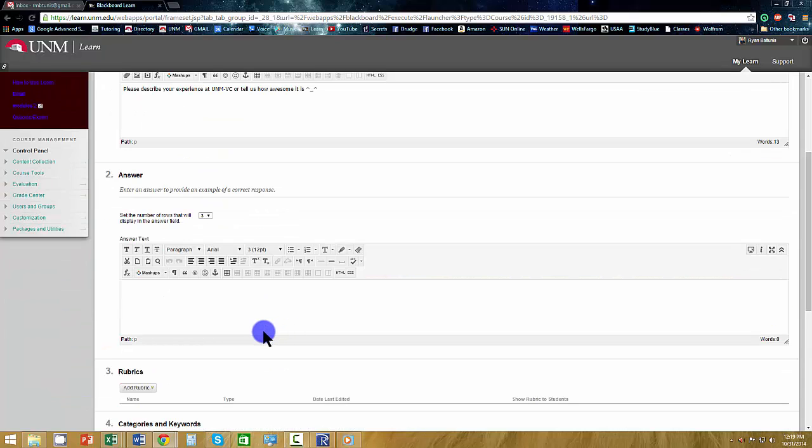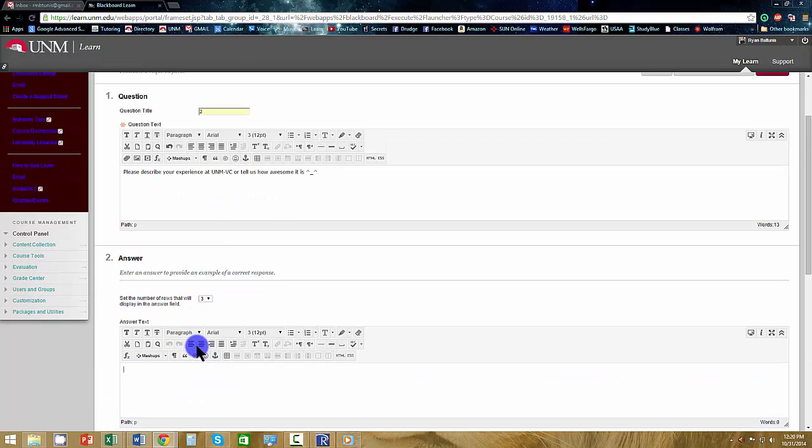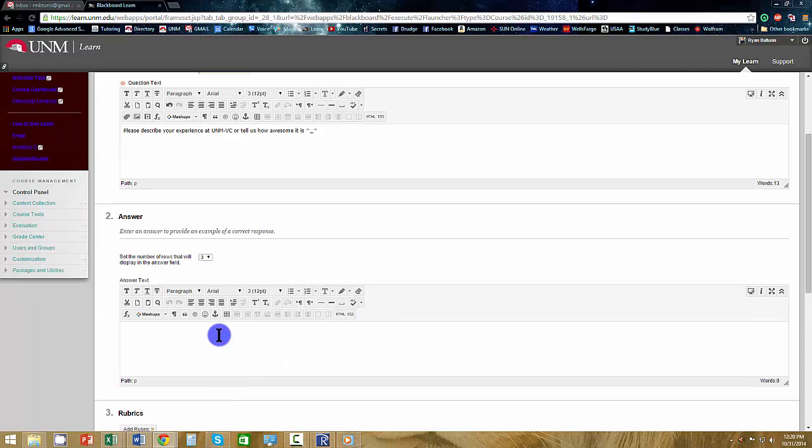And the answer, so look here. Enter an answer to provide an example of a correct response. You can fill this out or you can leave it blank. This is a good idea to fill out though, in case they do miss it. That way you can tell them what exactly you wanted, especially in an online class where you don't have kind